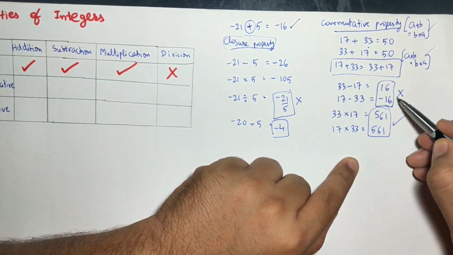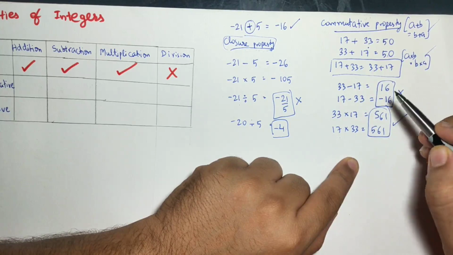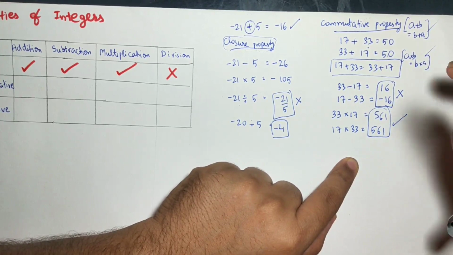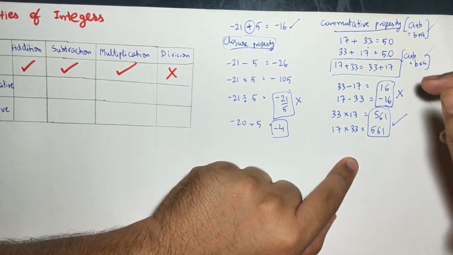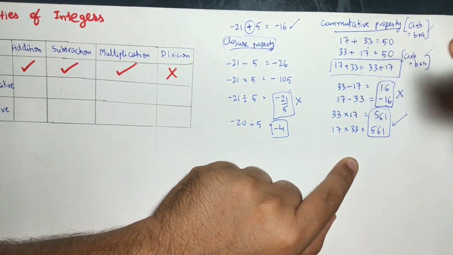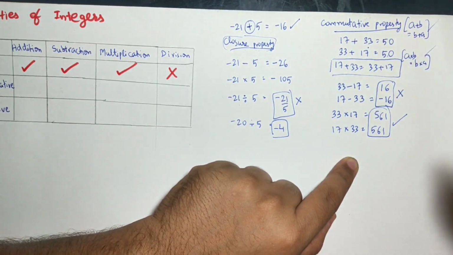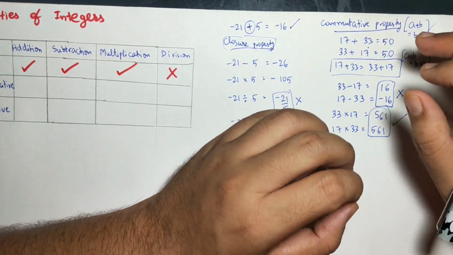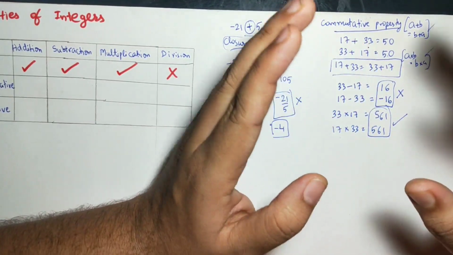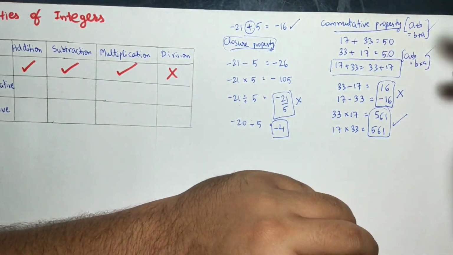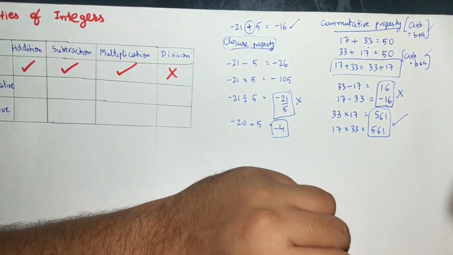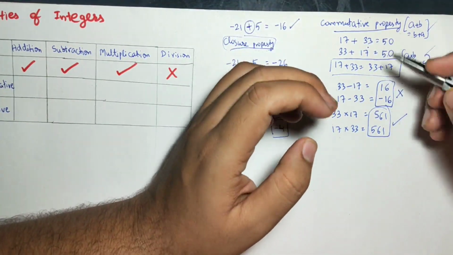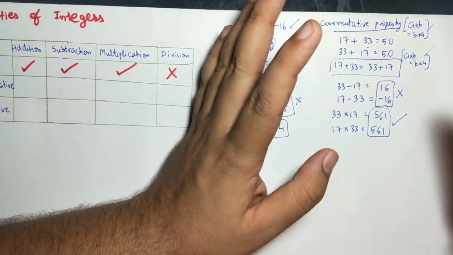But commutative property is not true over subtraction. If you subtract any two numbers, the answer will differ. It will make a huge difference if you consider the wrong number at the first position and the other number on the second position. So while subtracting, pay keen attention to the question, which number should be written first and which number should be written afterwards. While addition or multiplication, you don't need to do that, because we have learned if you write either way, the answer will be the same.